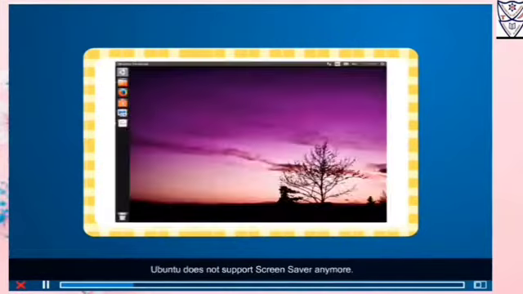Ubuntu does not support screensavers anymore. Screensavers were actually removed back in Ubuntu 11.10. It now supports a black screen that puts the monitor into lower power mode when the system is in idle state for a long time.